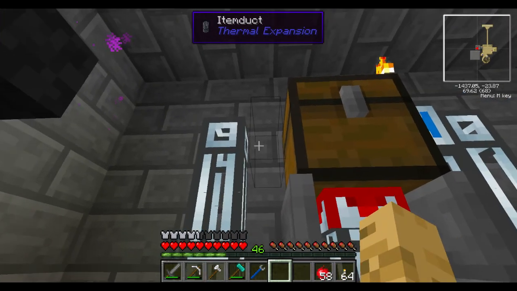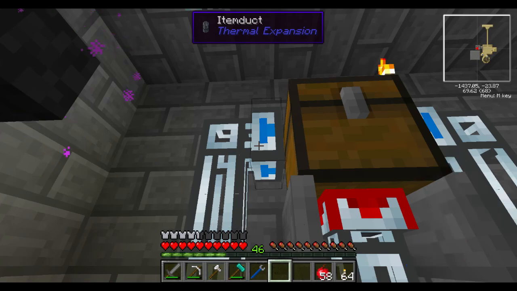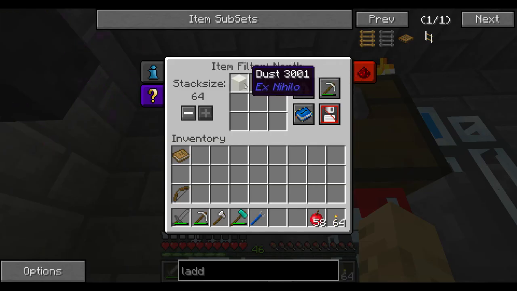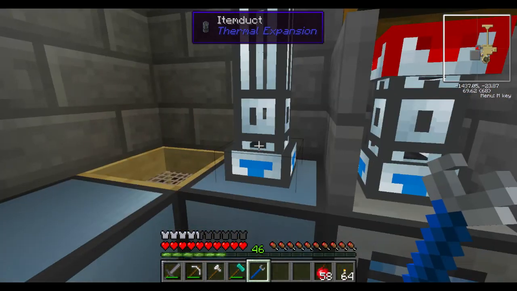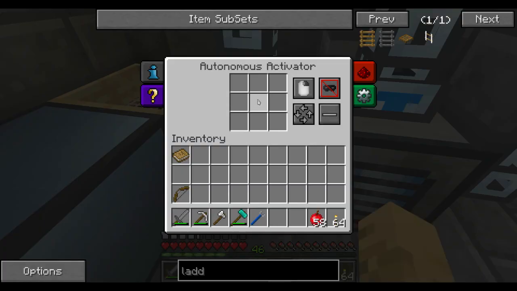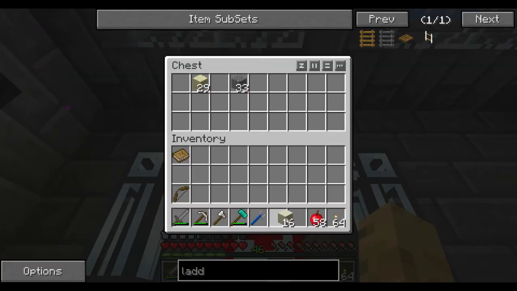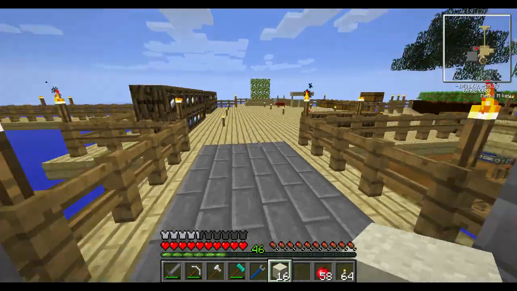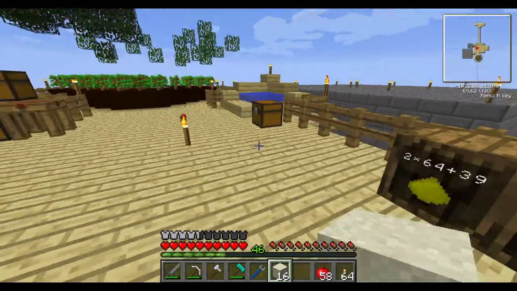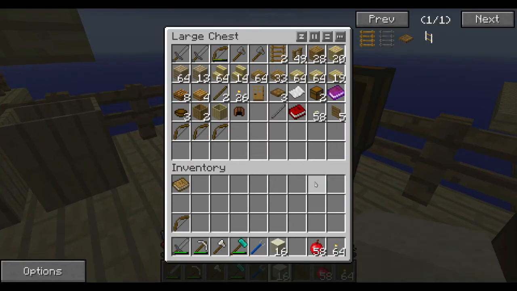Now, I did have this connected here, and if I connect it again, you can see here, this is whitelisting dust. Now, the reason that I want that disconnected is because I don't want the dust to go into this autonomous activator. I do need some dust, and the reason that I need some dust, let me just grab...